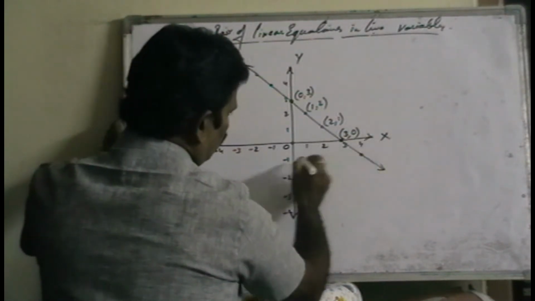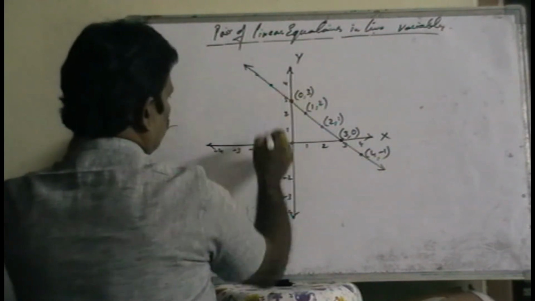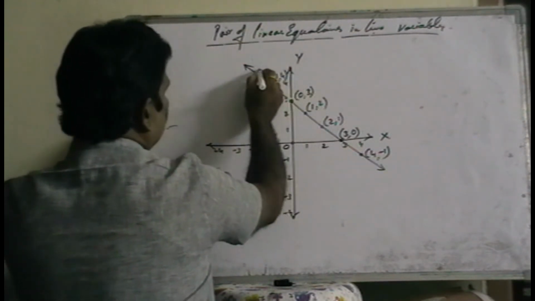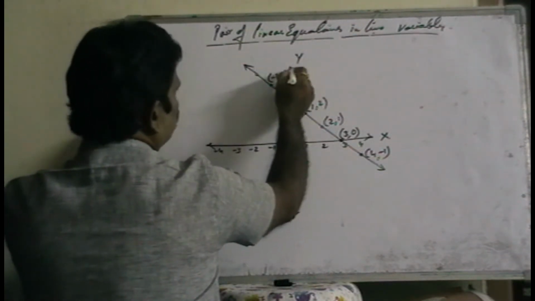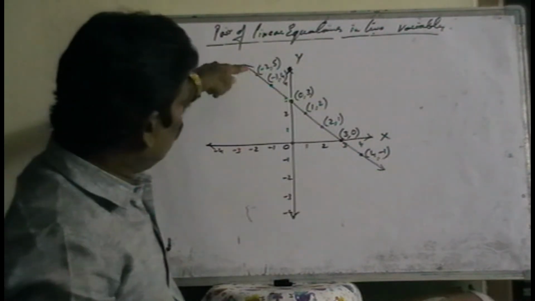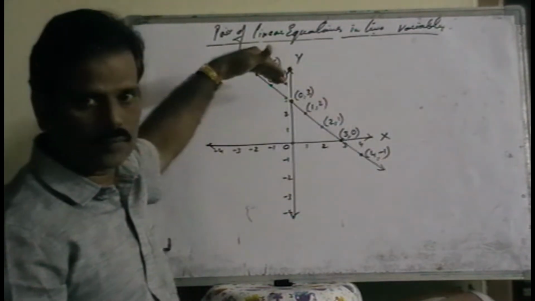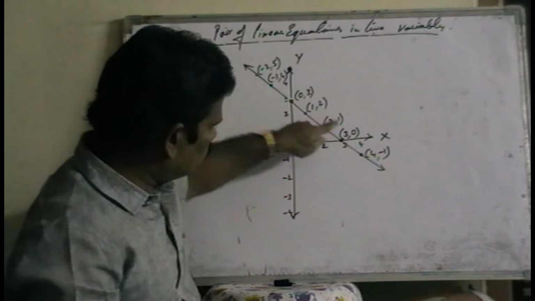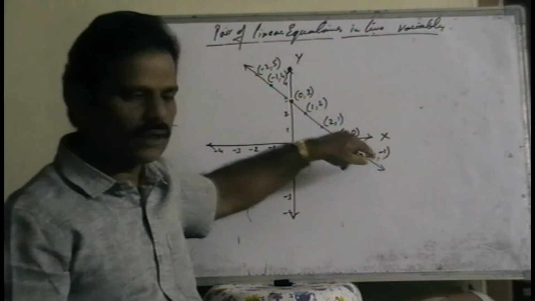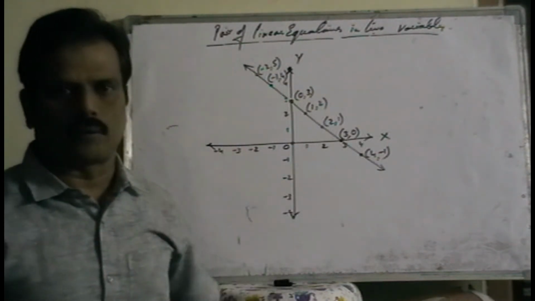It is the point 4 comma minus 1. It is the point minus 1 comma 4, x intercept minus 1, y intercept 4. It is minus 2 comma 5. See, these are all the points which lie on this given line, right? Now all these points lie on the same line, so they must have some common property. What is that common property?